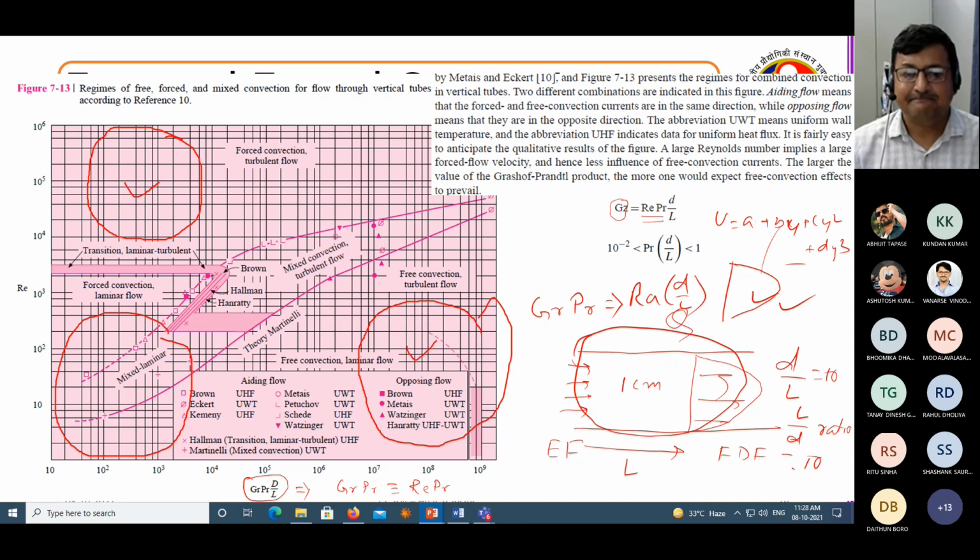So what is this domain? This is also turbulent, like free convection, because of free convection. And what is this domain? This is where both are there. It is turbulent because of the forced convection, and it is turbulent because of the free convection also. But now you have a catch: forced convection can work in tandem with free convection. Free convection and forced convection happen because of two different entities, one is because of the inertia gradient, one is because of the buoyancy force gradient.